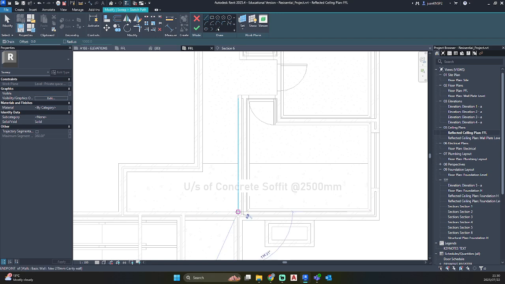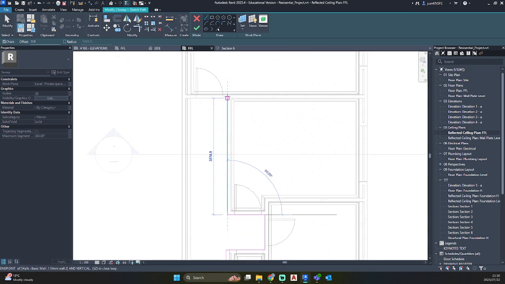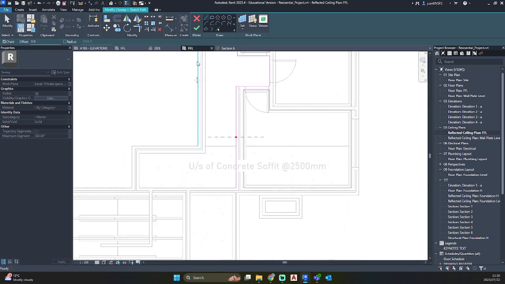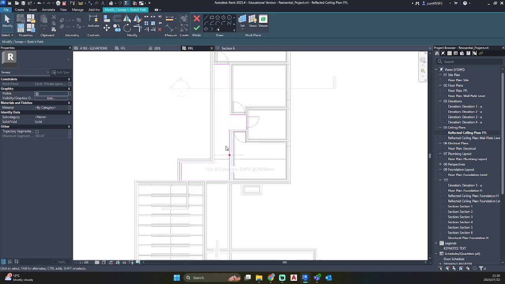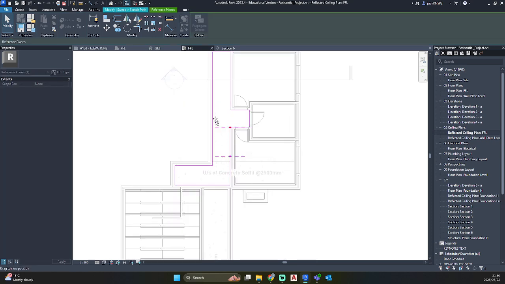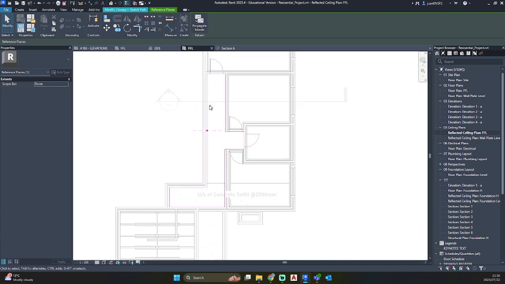Sketch path, and let's go ahead and so now we want this on our far wall because our section is cutting through that part.